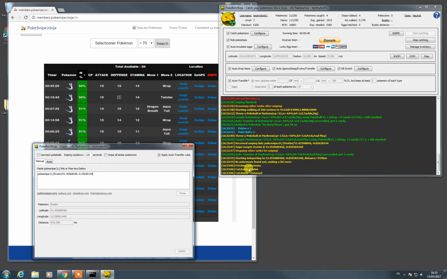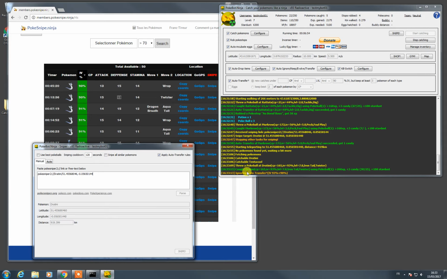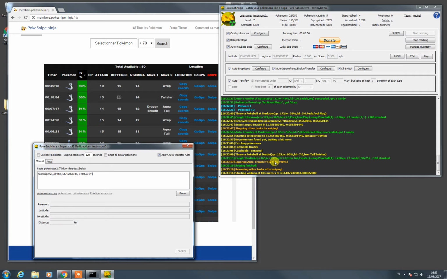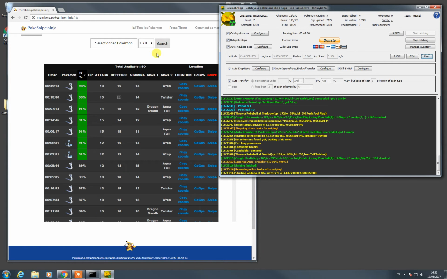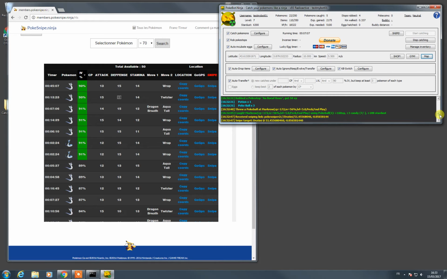Okay, he found it. Now we'll try to catch it. 90% IV. Okay, which is great. So as I told you, my website is awesome, and the data is 100% true, and you have really